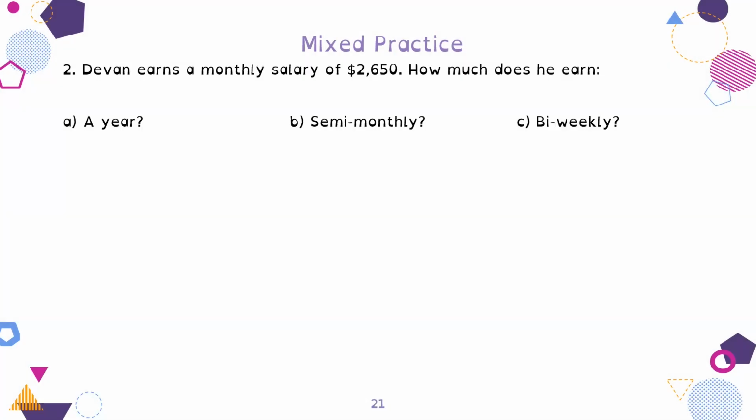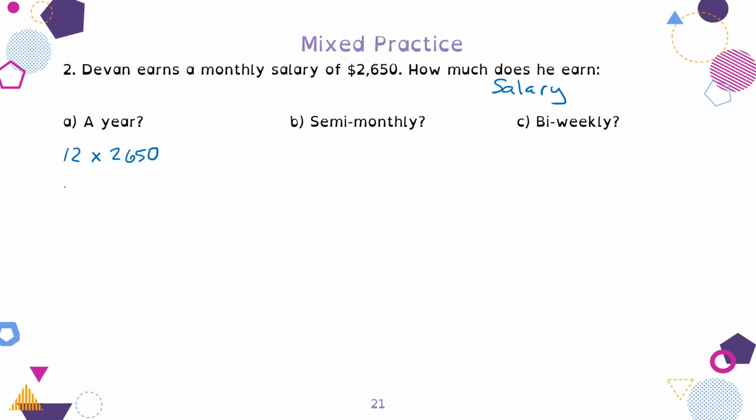All right, question 2. Devin earns a monthly salary of $2,650. How much does he earn a year? B, semi-monthly, or C, biweekly? So this is a salary question, because we have the monthly salary and we need to figure out other pay schedules. So if the monthly salary is $2,650, then for a year, we know that there are 12 months per year. So that means that we do 12 times